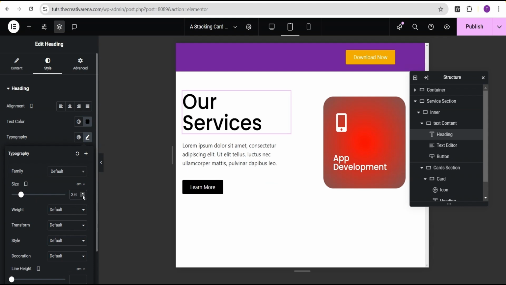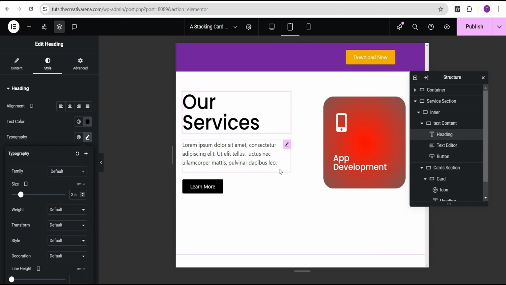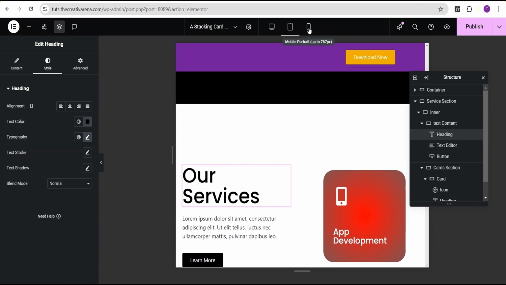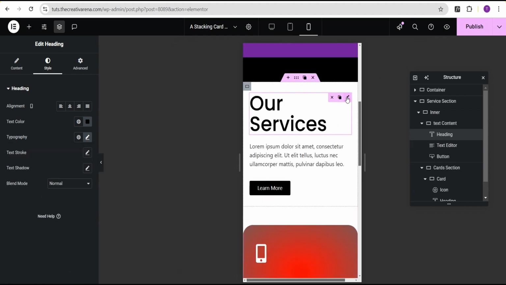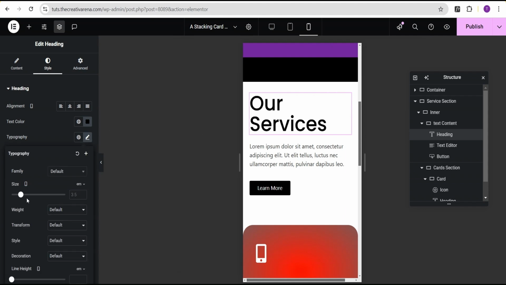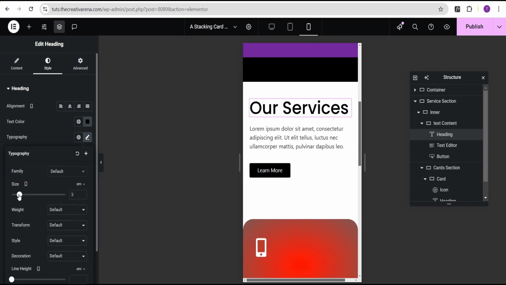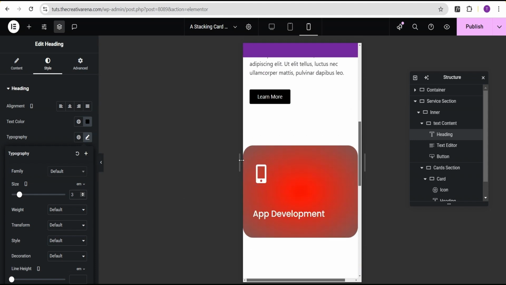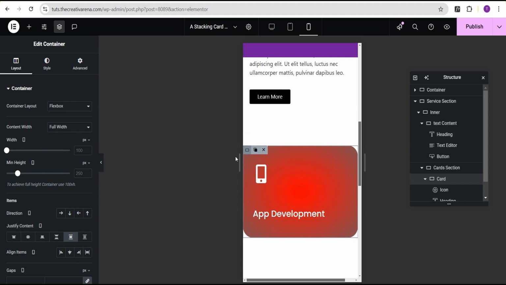Yep, to 3.5. Yeah, this looks better. Okay, so now I'm going to check it out on mobile. Now for the mobile, we're just going to reduce this heading also to 3. Okay, and then for this card here, we're going to come over here, and then we're going to make